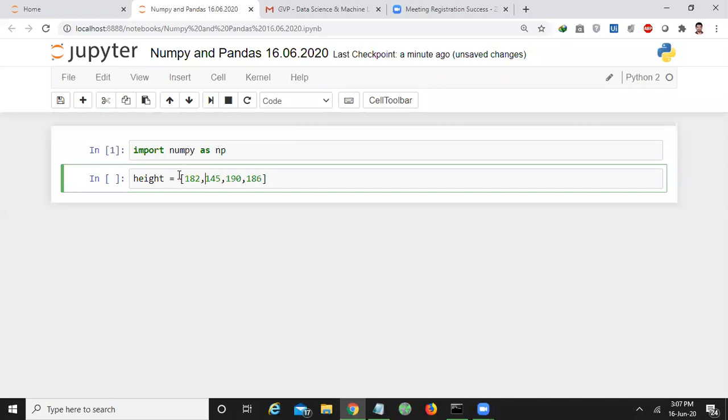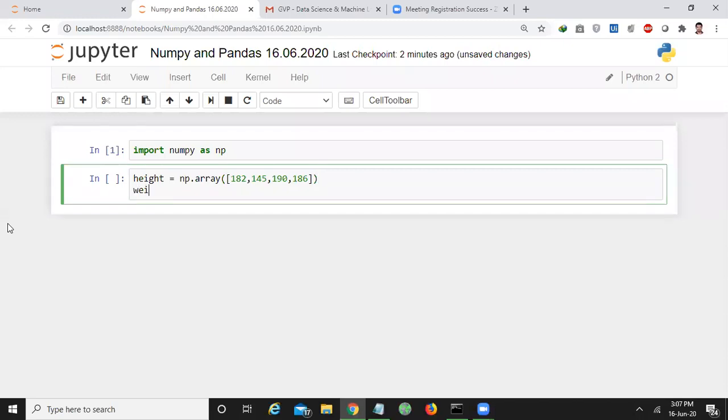We cannot perform any operations directly on the list. So for that, we have to convert this list into a NumPy array. How to convert? np.array of the list. If you write like this, your list will be converted to an array.